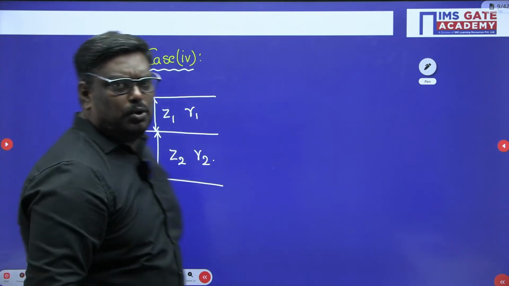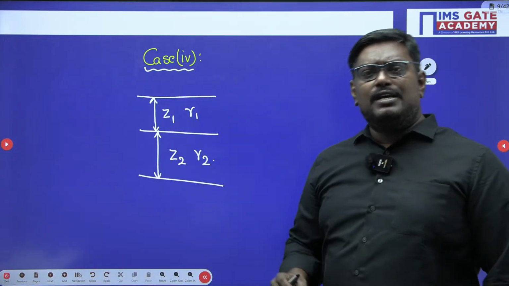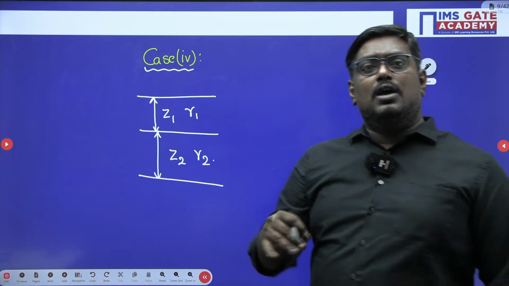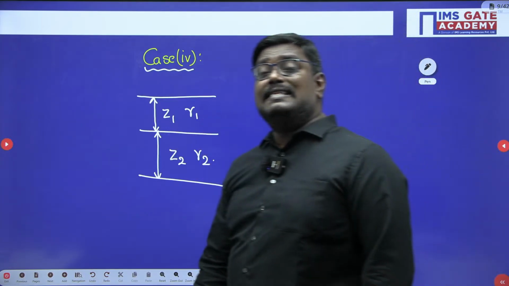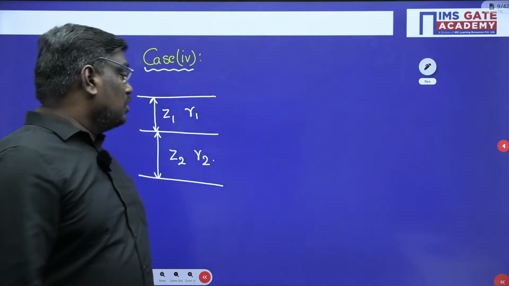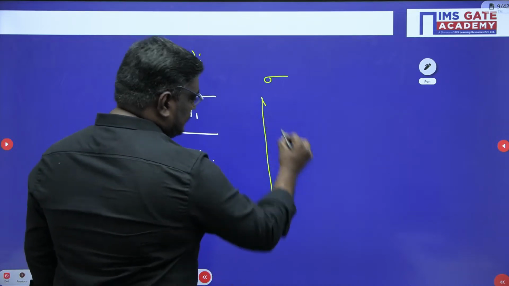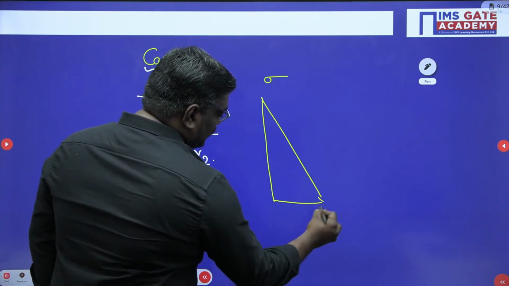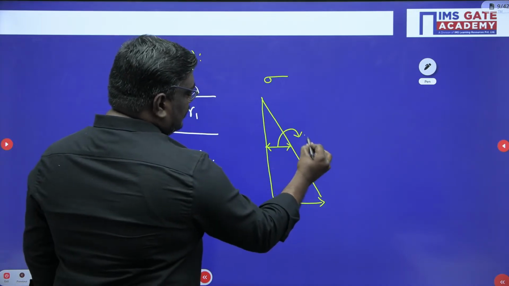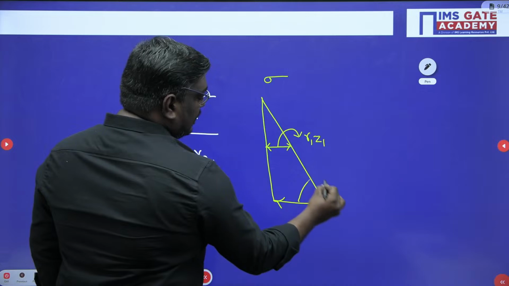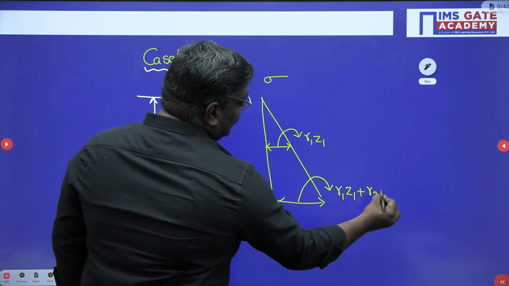Now, there is no water table in this question, my dear students. So total stress and effective stress both will be the same, as there is no water table. Yes or no? So in this case, how do you solve the problem? If you draw the total stress, people will think like this. Here it can be written as gamma 1 into Z1, and here you will write it as gamma 1 Z1 plus gamma 2 Z2.